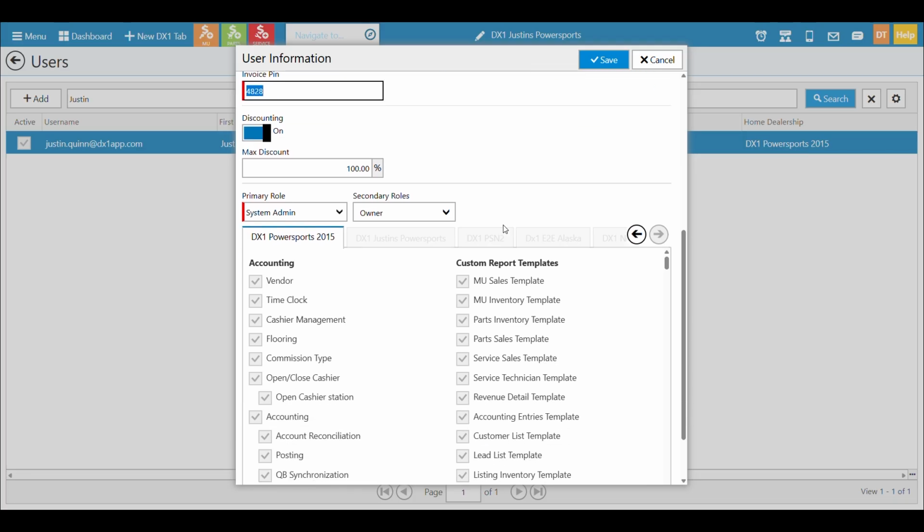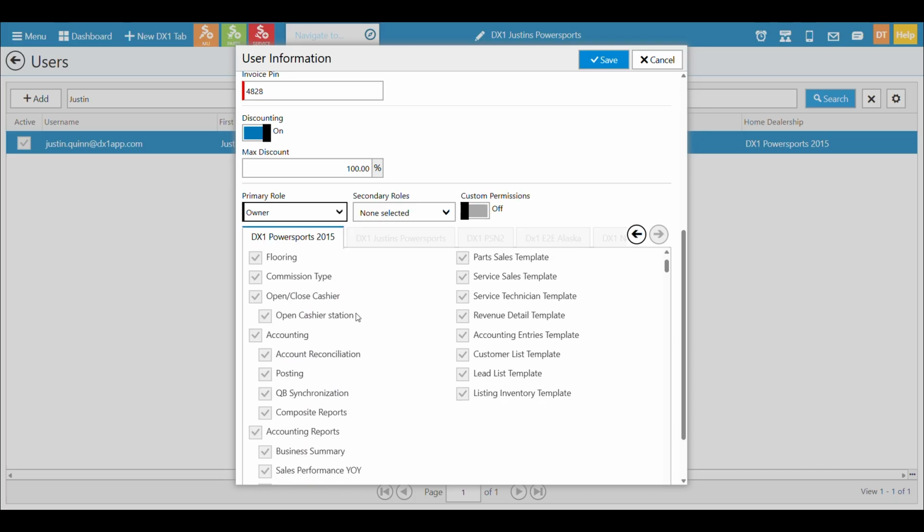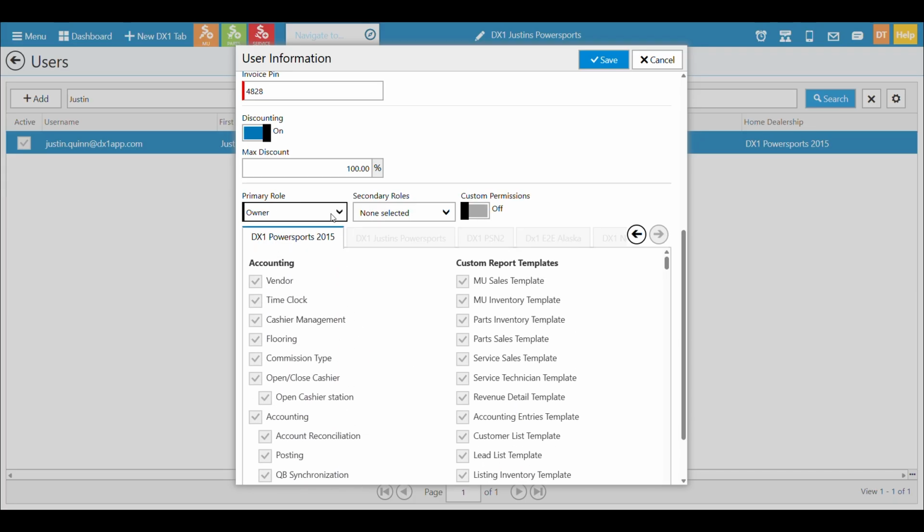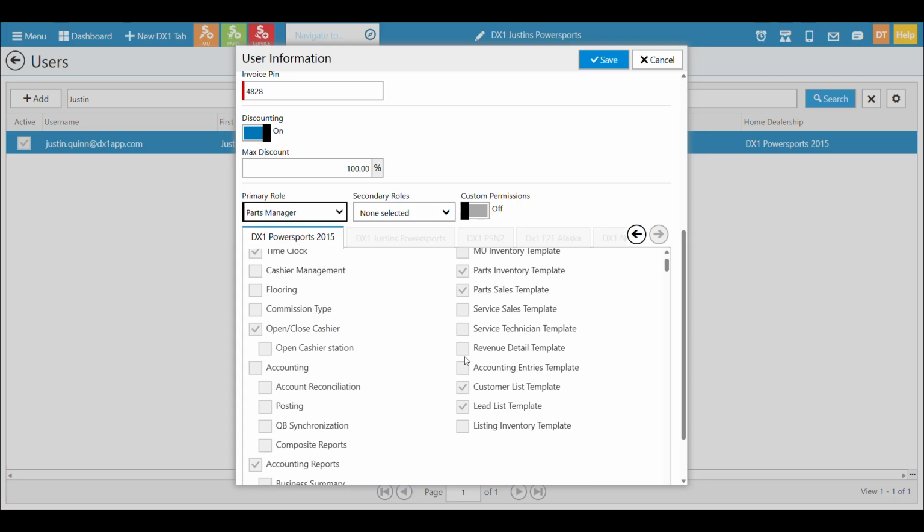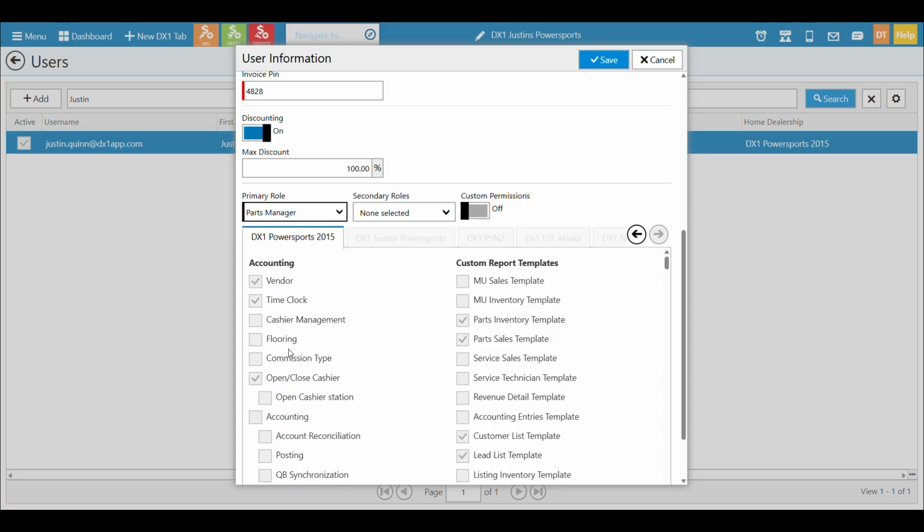The next part about a user's role you want to understand is what their actual role is in the system. As you can see here, each role has a certain set of permissions built in. If I change myself to a parts manager, you can see the permissions change dynamically by checkboxes. Now, an important thing to remember is this is just a guide to help you get started, showing what a general parts manager might have in terms of access or roles. But by no means is it perfect, and that means you might need to calibrate.